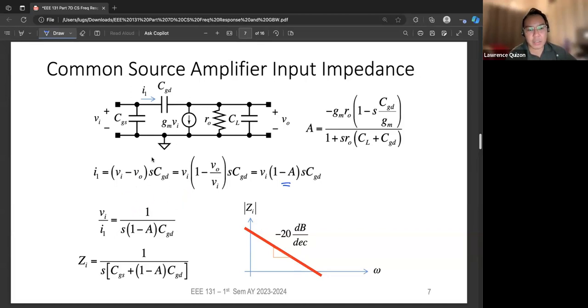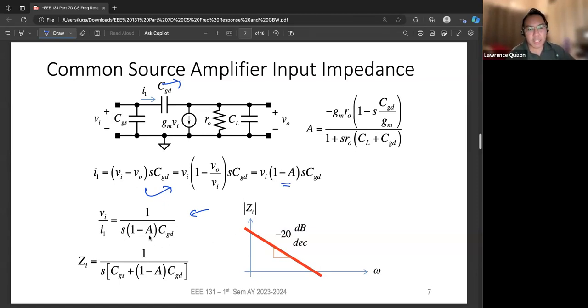By factoring out V_in from this equation, we get 1 minus V_out over V_in, which is the definition of the gain in the first place. So we find V_in times (1 minus A) s CGD is actually the current passing through CGD, no? So V_in over I1 is 1 over s times (1 minus A) CGD, which makes our input impedance